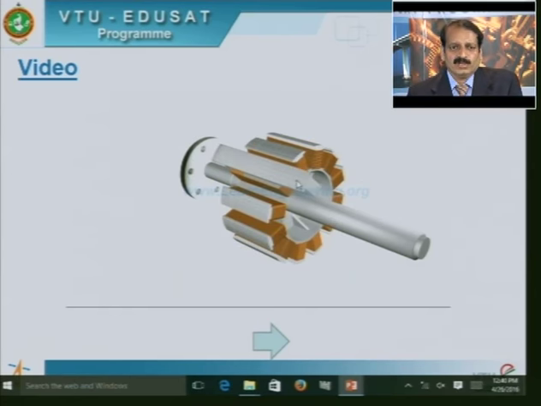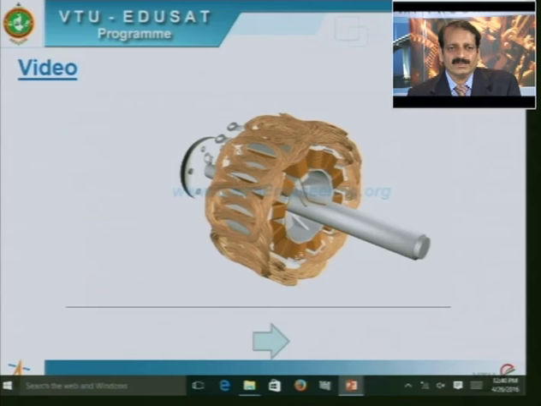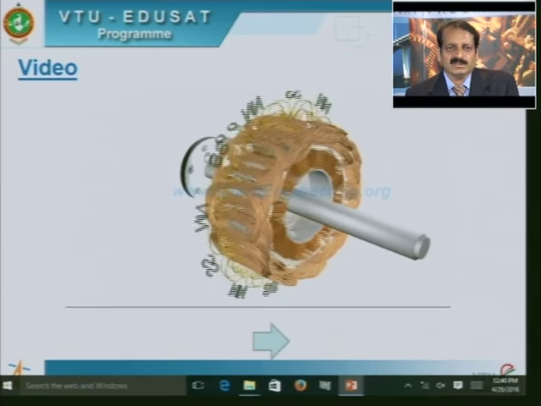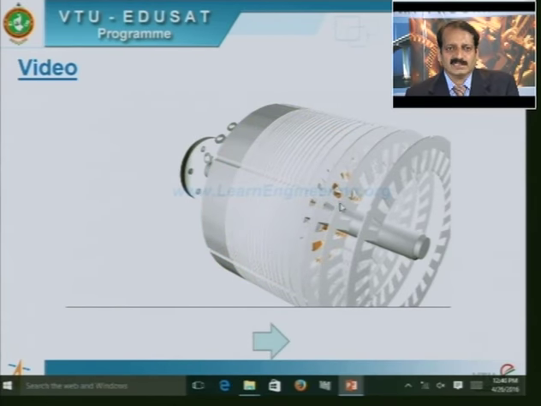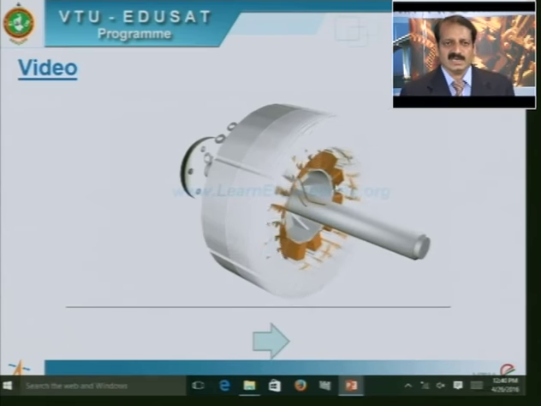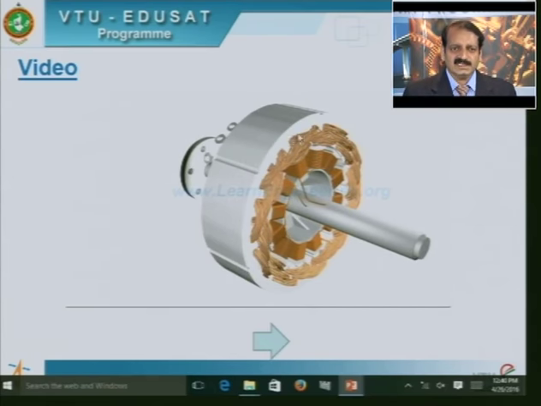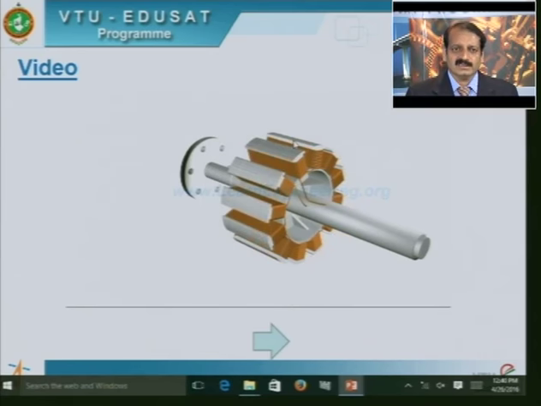This is the pole core. The pole core is laminated and each lamination is insulated electrically and then riveted together, and that is the construction of a rotor. This rotor, when rotating, produces a rotating field, and it cuts across the stationary armature conductors, and this is the stator core wherein slots are